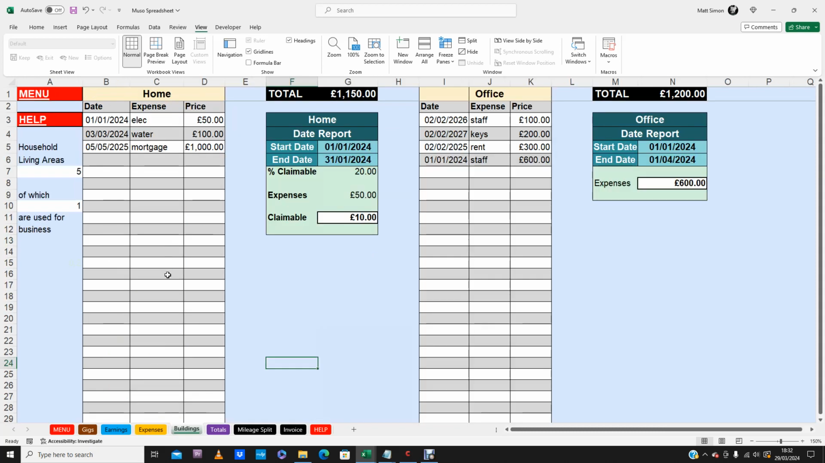This is the billing sheet, so if you work at home, you can claim a portion of your bills back on your tax return, and you should be doing this if you spend a lot of time at home working. Living areas, so this is something like a bedroom or a living room. If you have 5 in your house, so perhaps you have a 4-bedroom house and there's a living room as well, one of them is used for business, that gives you a 20% allowance on your bills, and that's everything: